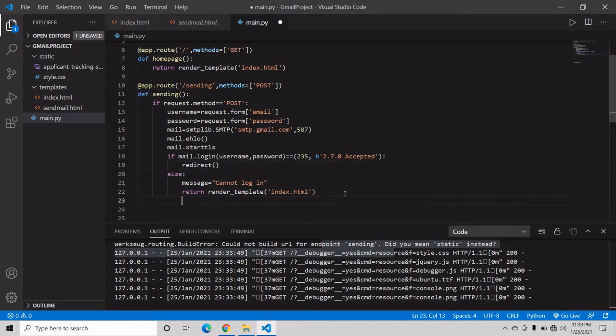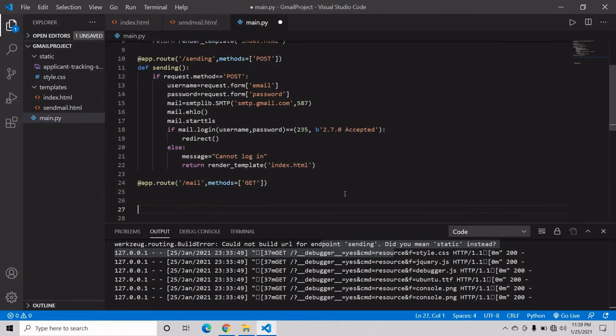Suppose we have one more route over here, app.route slash mail, and we are giving our methods equal to get. Now we have to create a simple function also.